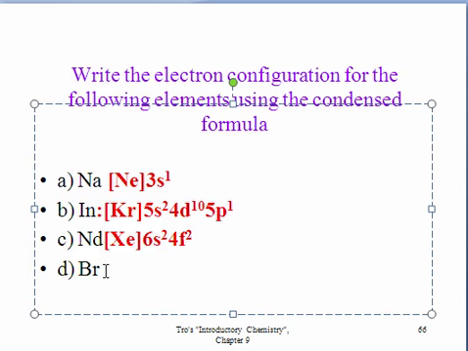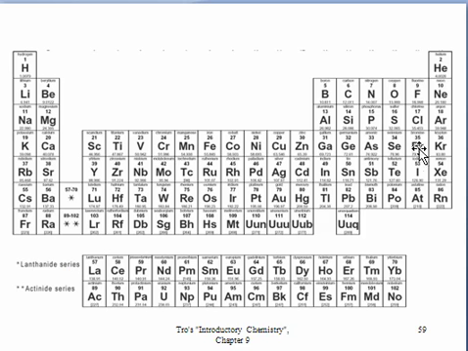And then finally, let's look at bromine. Here's bromine right here. We look up one period above. Argon is going to take care of the first 18 electrons. And then here we are in our fourth period. So 4s2, 3d10, 4p1, 4p2, 4p3,